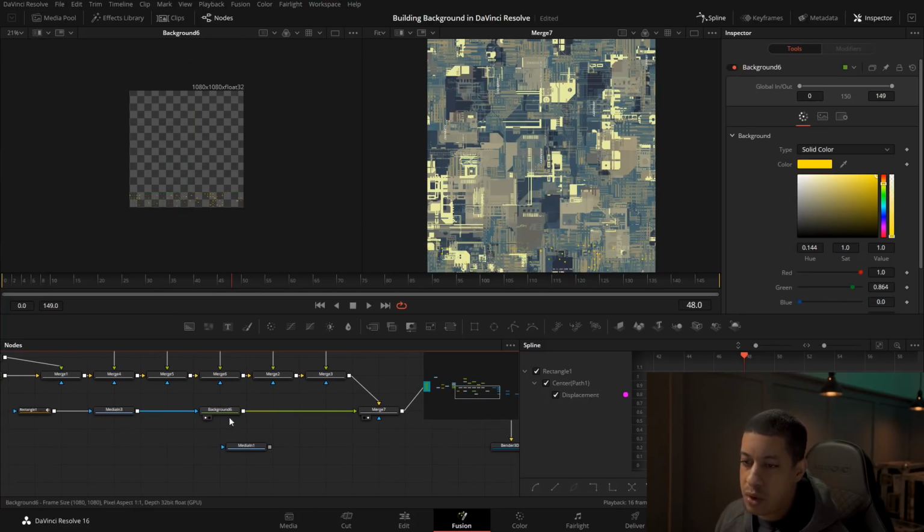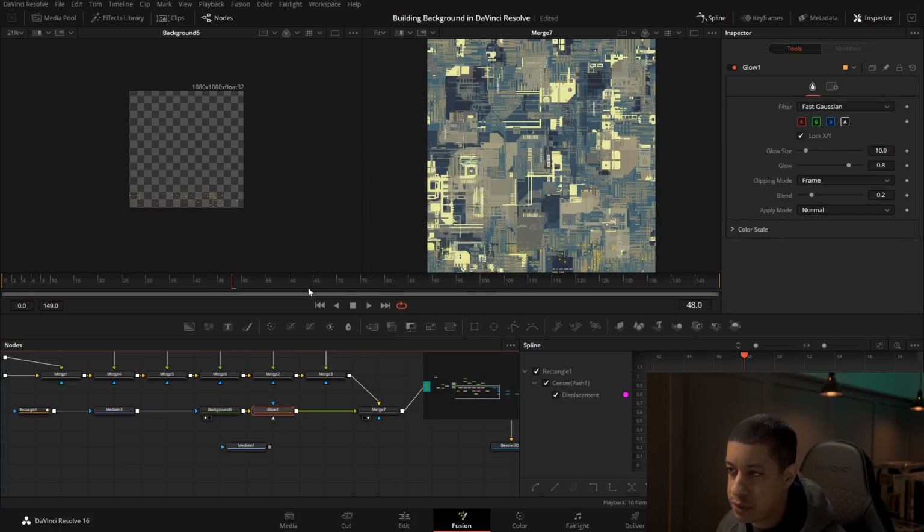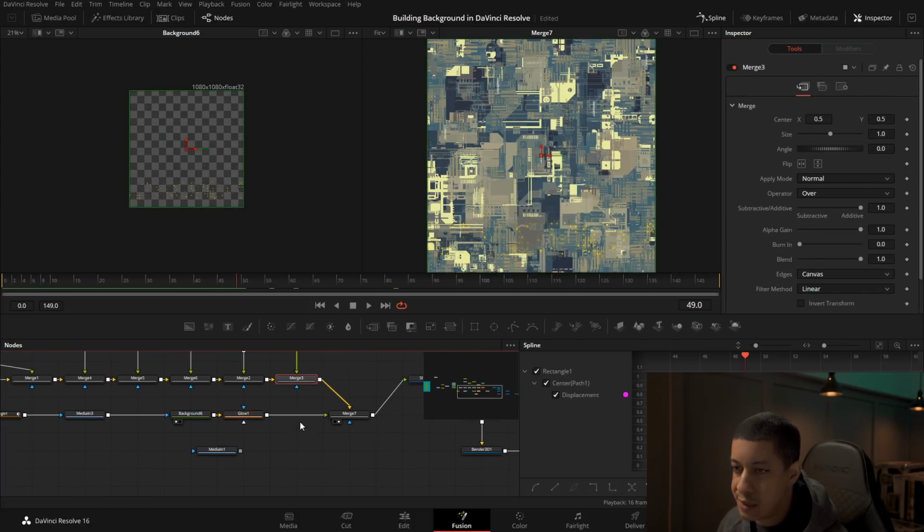And then we could do a couple of different things. One thing that we might like is a glow here, so these kind of glow a little bit more. So that's with it off, that's with it on, something like that.